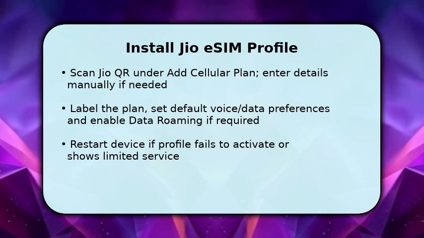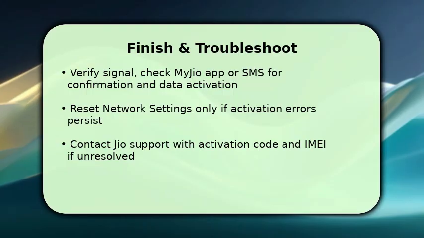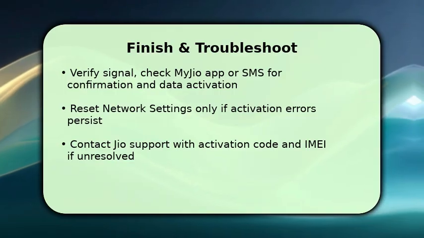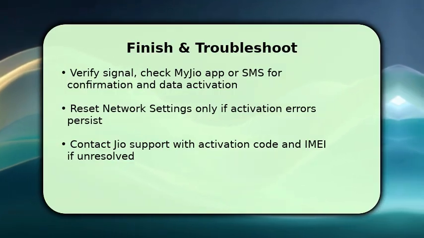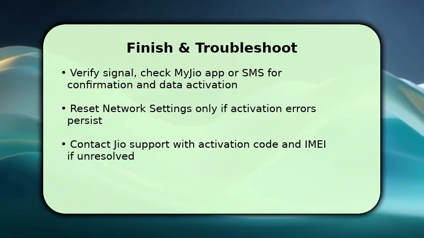You finish by verifying service. Check signal bars and open the My Jio app or look for confirmation SMS to confirm the plan is active. If mobile data doesn't work, toggle airplane mode, confirm APN settings, and make sure the eSIM is set for cellular